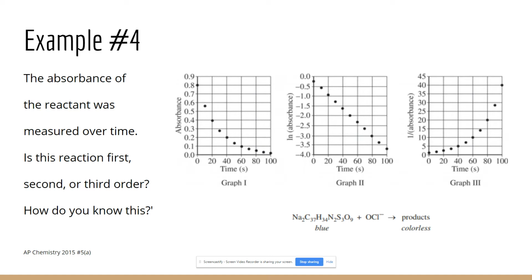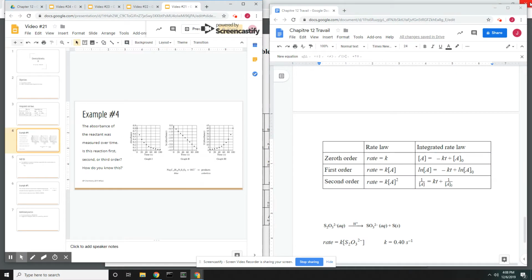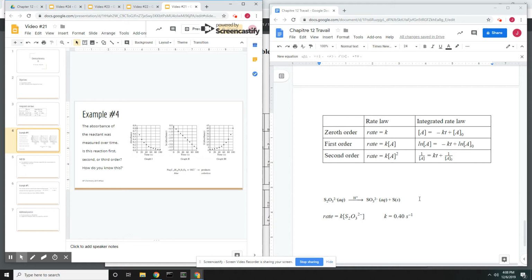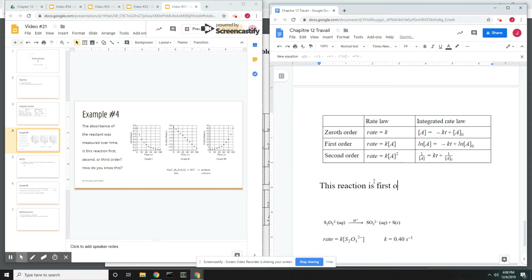Right, so I've got three different graphs, and I'm being asked to determine if this is first, second, or zeroth order. So the way that I do that is I look at my three graphs and I figure out which one of these is linear. And I'm seeing that natural log of absorbance versus time is linear. If I look at my integrated rate laws, it's only the first order that I'm seeing natural log versus time as being an expression. So I know that this reaction is first order because the graph of natural log